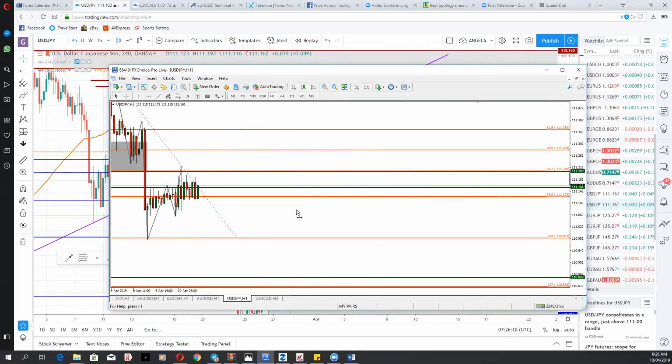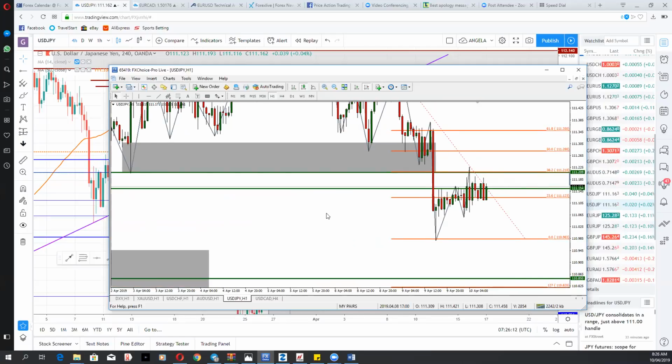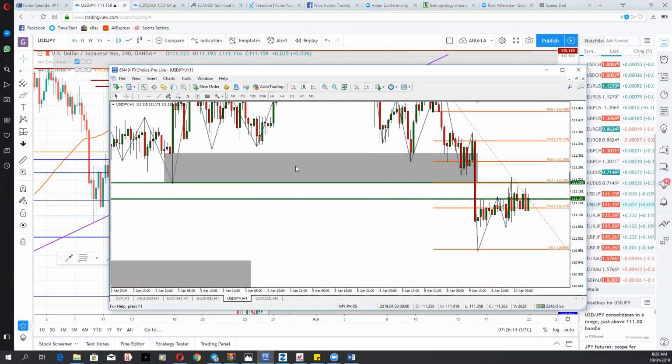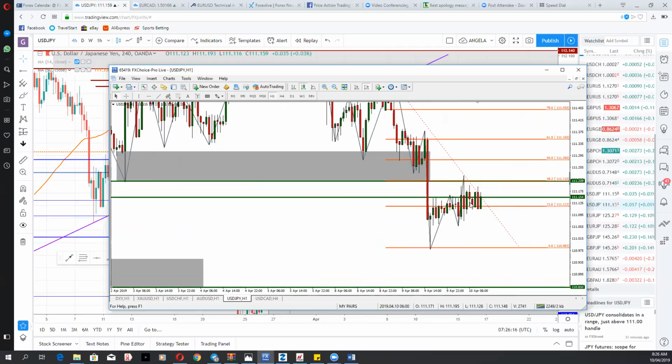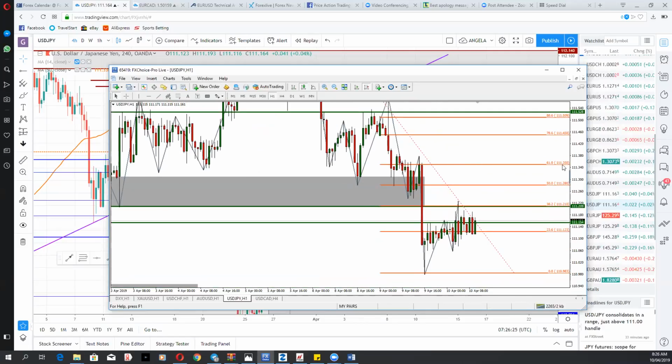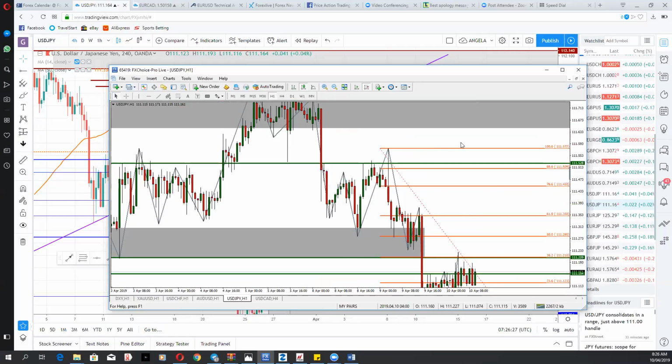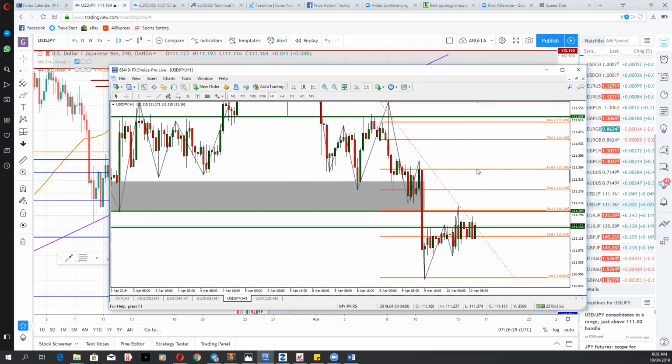So let's see. As you can see, they are having a bit of a problem at this 38.2 and this structure point. So they may try to spike up a bit, but now that you have an idea of where you have potential levels, you watch it. A move above 113.35 and you may see price move higher. But as long as price stays below 113.35, it has the potential to still move lower.